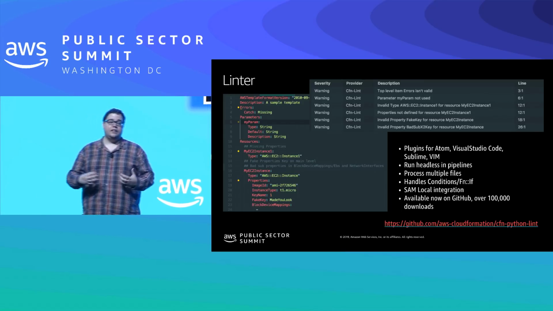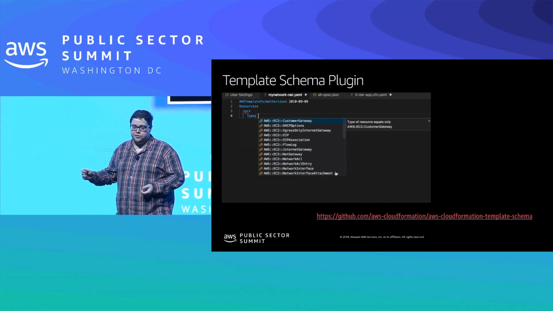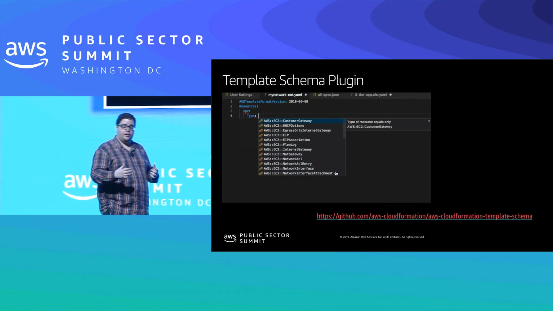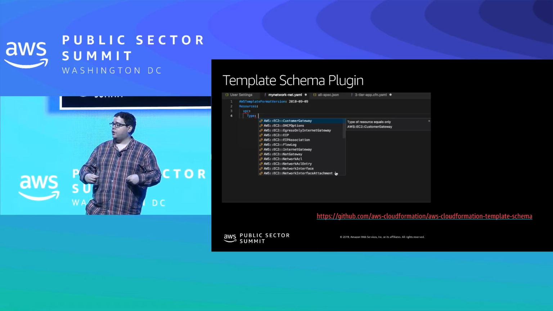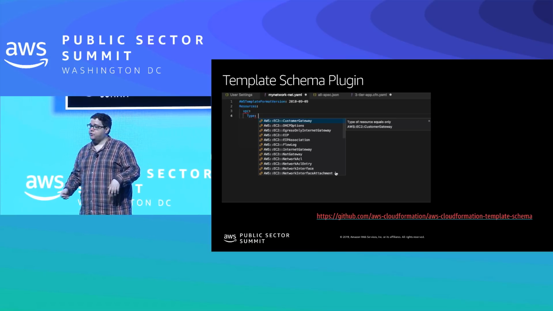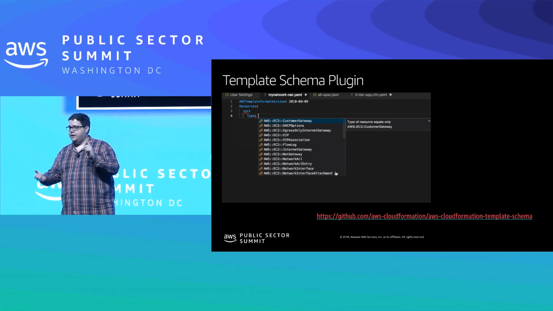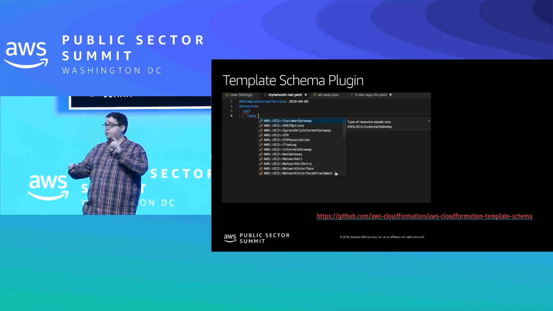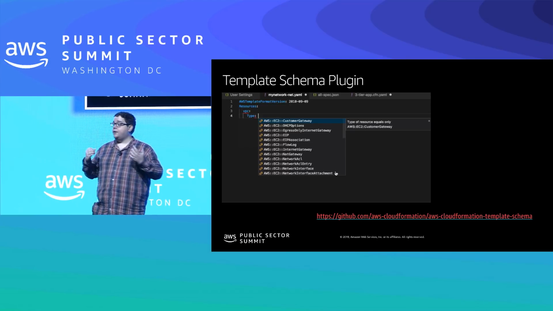I want to know locally that this thing is going to work. Another thing that we're doing on the resource spec that Luis was talking about is we just created what's called a template schema, right? As CloudFormation, we provide what's called a resource spec to customers to say, hey, these are all the resources we support in this region. These are all the properties. These are all the types. These are all the required properties, anything that's not required. These are how it kind of references other things.